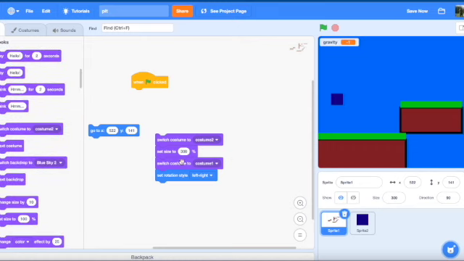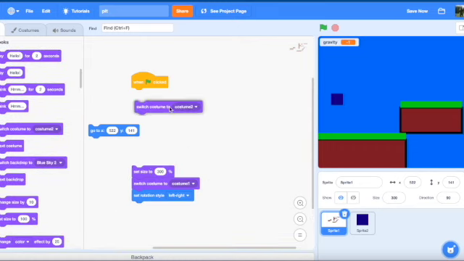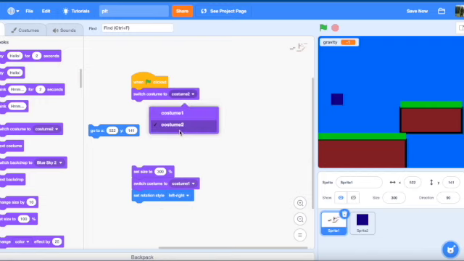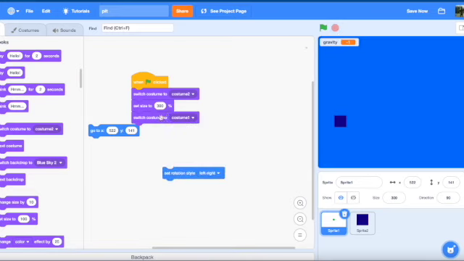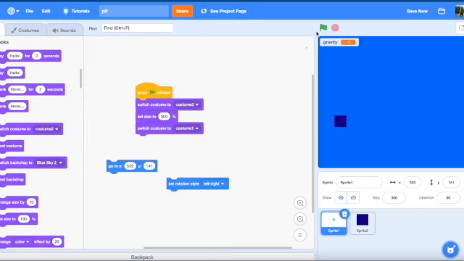Get a switch costume to block, and then switch it to whatever you call the dot. For my example it is costume 2. Make it set size to whatever size you want. I'm going to do 300, and then switch the costume back to the original land, which, as you can see here, it creates